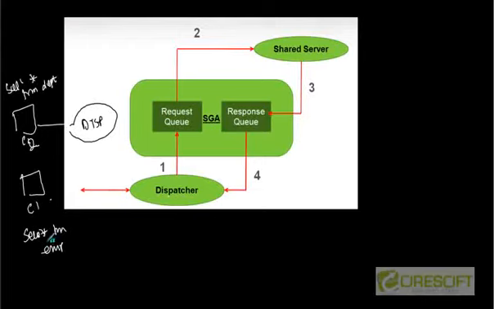So these are basically the work that's supposed to be done. What it does is dispatcher 1 and dispatcher 2 are going to put these commands in a queue called the request queue. Understand the point? So in the request queue we are going to put all these commands. Then there is one shared server. That shared server is going to look at the request queue, take the command, execute it, and whatever the result is, it is going to put into the response